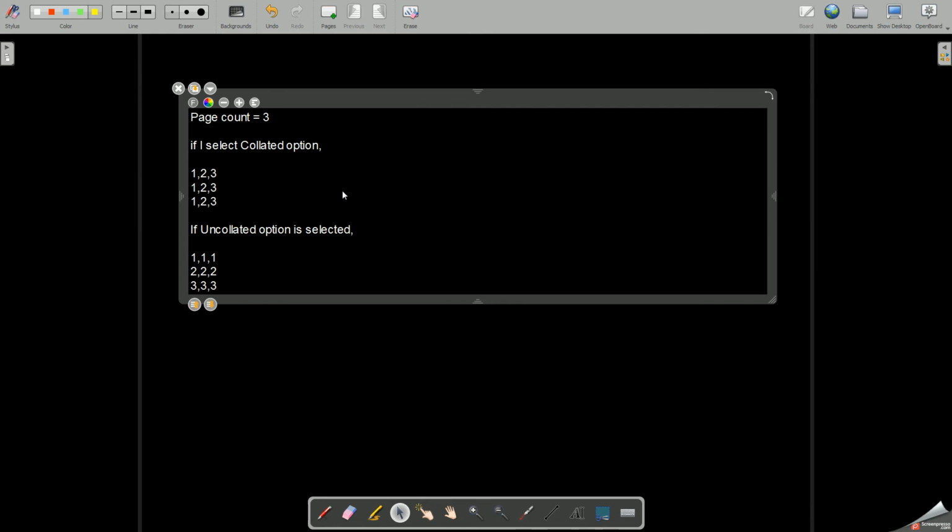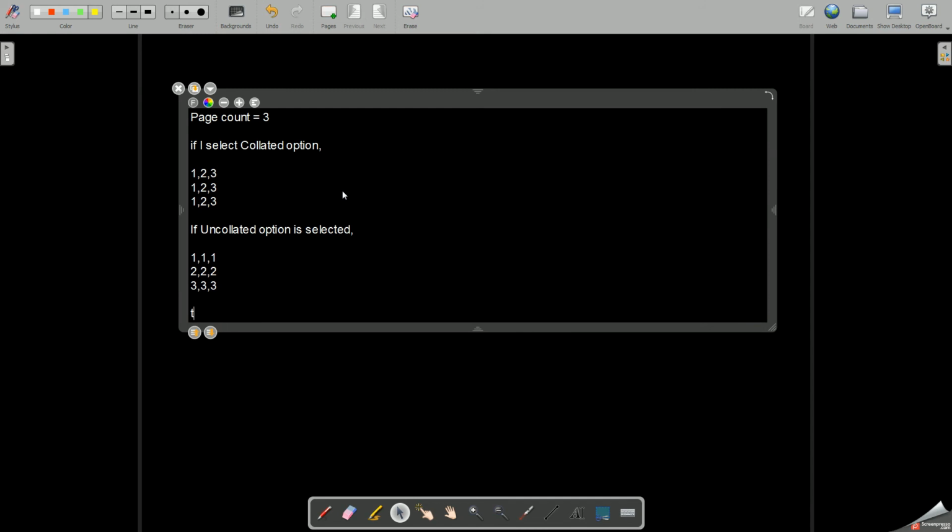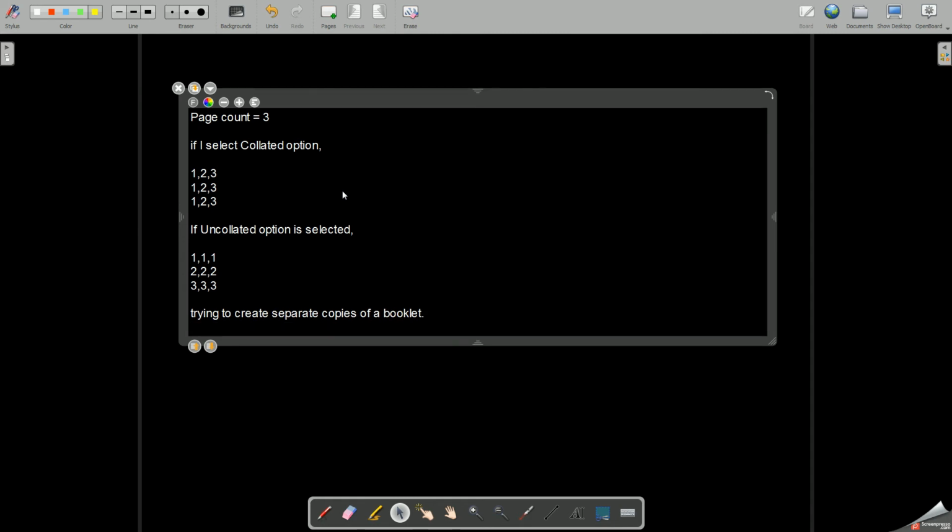So this is very helpful when you are trying to create separate copies of a booklet. What you can do is take out the different copies, or you are printing different sets of a question paper.